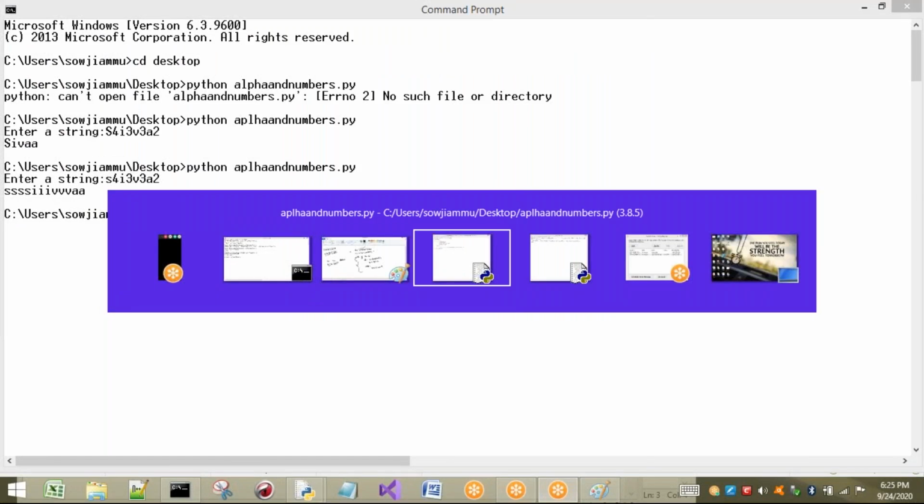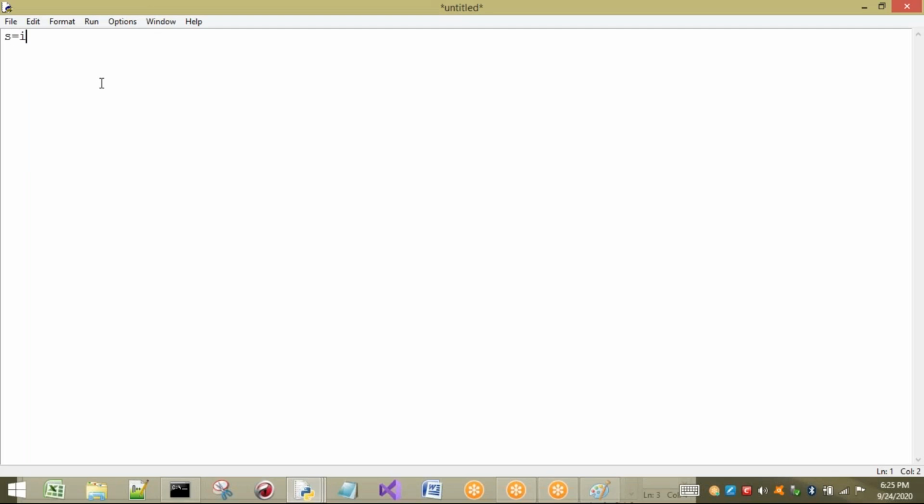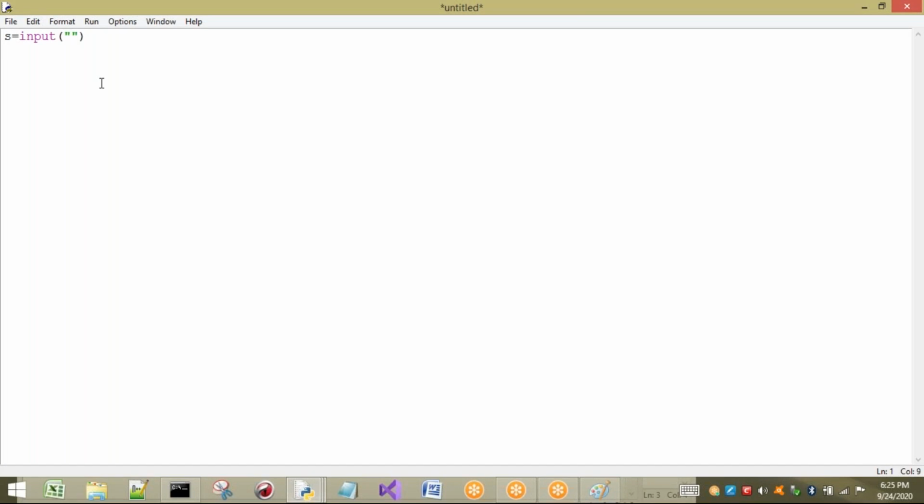Okay, right. Now see here, what is the program I have to write? Generally, first I have to take a string. So input of, enter the string. We will enter the string. What I require, I have already written the program, so I will write it directly here. Output equals an empty string I am going to take now.